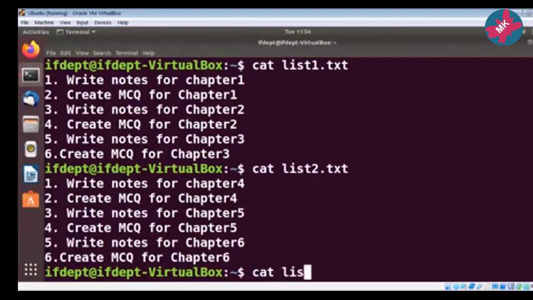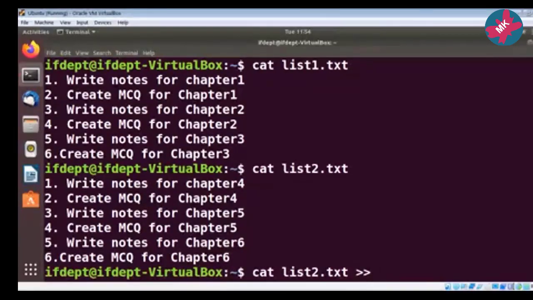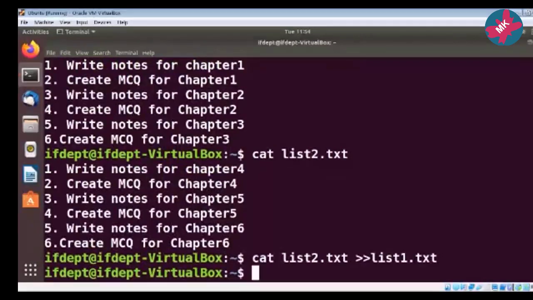Let us first check. If I write here list2.txt, then this symbol, then list1.txt, press enter. Now let us see the content of cat